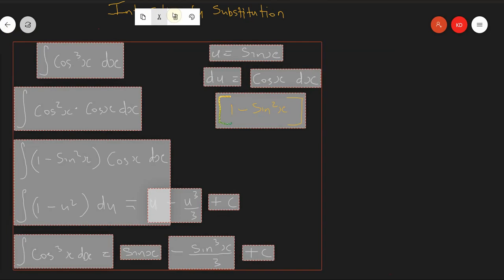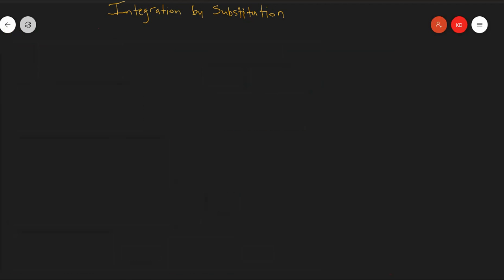Let's do another question. Right, so let's look at this problem here. It is similar. We have sine x